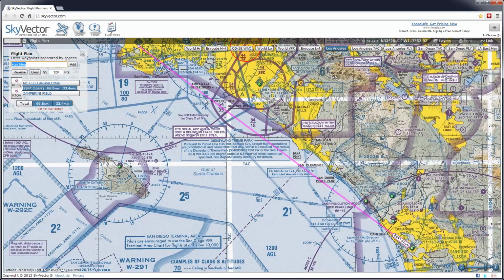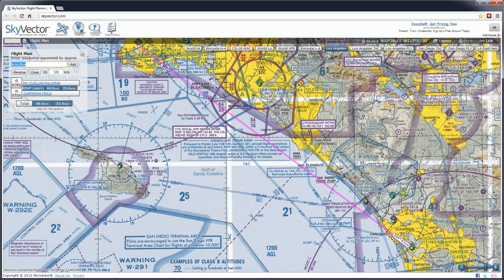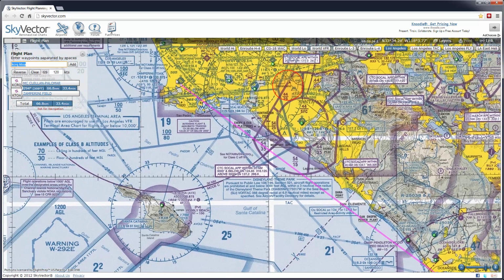And it is still well below the floor of the Alpha. We would have to, once we cross over the Charlie, hurry down just a little bit. With the pattern altitude of 1,100 feet here, it might be pretty reasonable to be, say, at 2,000 feet over the Long Beach Harbor here. That'd probably be a pretty good goal, to be down around that altitude,